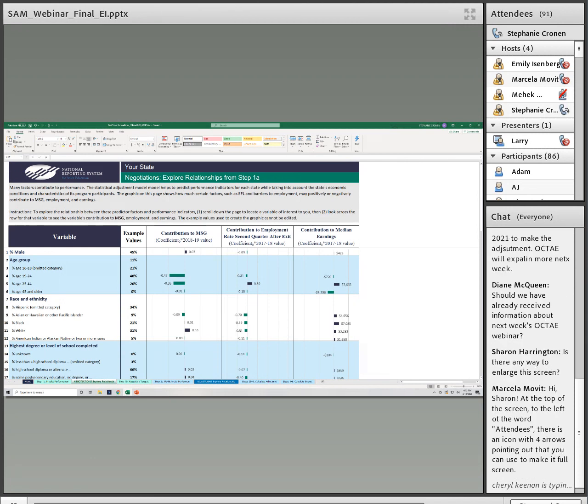The next tab provides visualization charts for the effects calculated on the previous tab. In the first column, again, you see the predictors, the state characteristics, and the values in the second column that are used in the regression models. Those are the values that will differ for each state, these percentages. The 3 big bar charts represent the relationship between each of the state characteristics and the performance indicators.